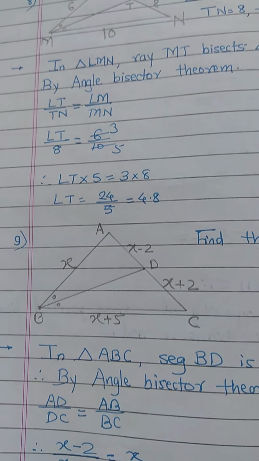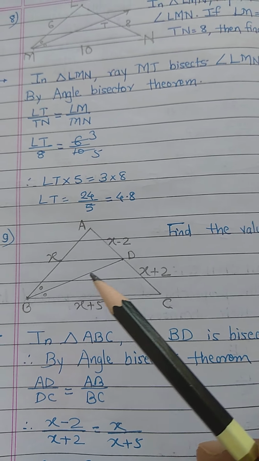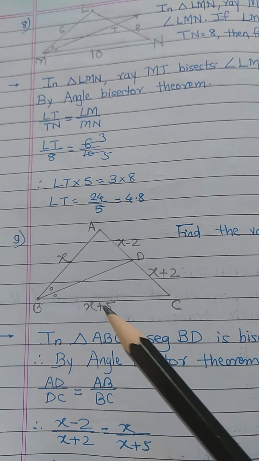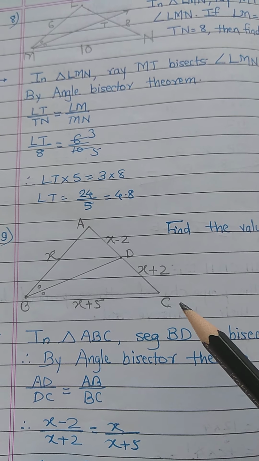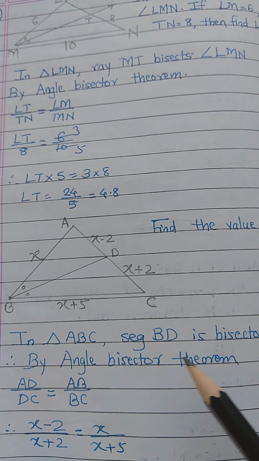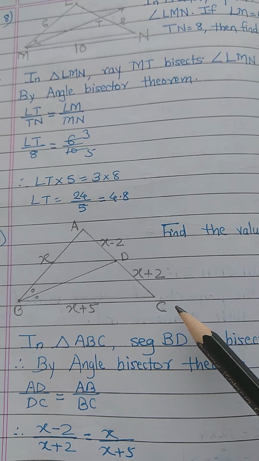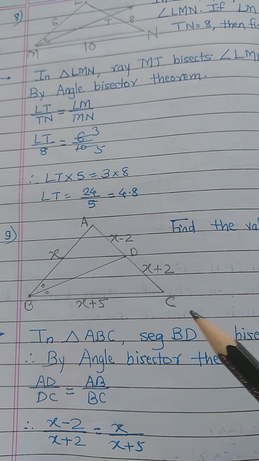Question number 9. Find the value of X. Here BD segment divides angle ABC into equal parts. That is, BD is a bisector of angle ABC. By the angle bisector theorem, we can say that AD upon DC should be equal to AB upon BC. That means